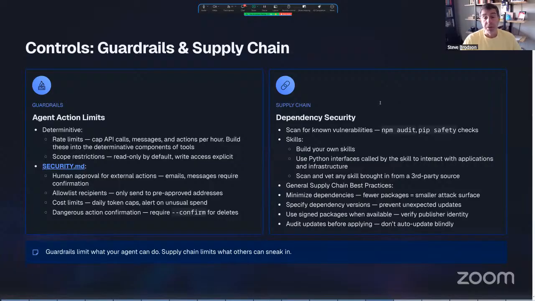By guardrails, I've put in a security MD prompt, which I will show you in just a minute, that I use to keep Blaster within certain limits. There are different things that I can do here. Now, you see that I've got determinative. When I get to the supply chain, we talk about tools.